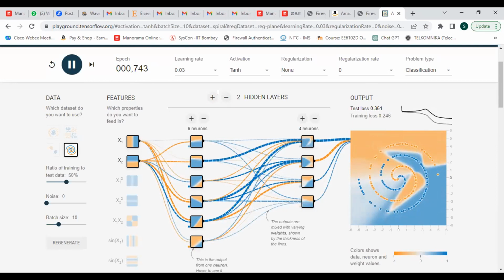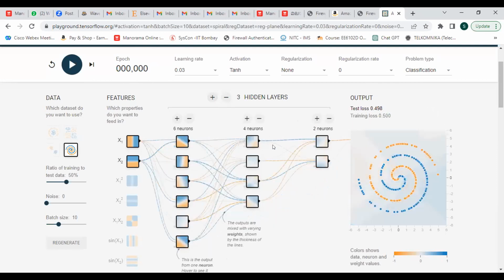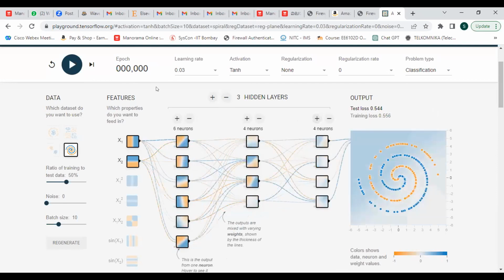Then what is the next procedure? You can try to add one more hidden layer with more hidden neurons. Then you can try. Please understand that there is no hard and fast rule to increase the number of hidden neurons or the number of hidden layers.